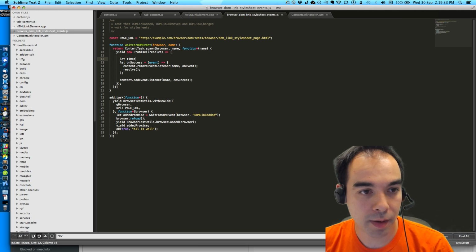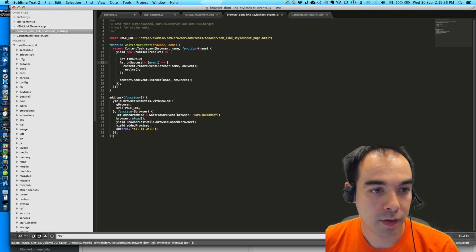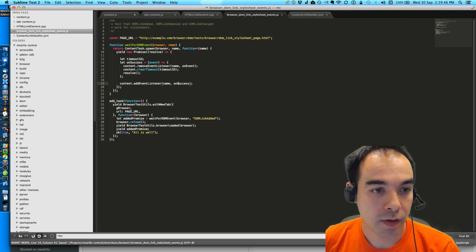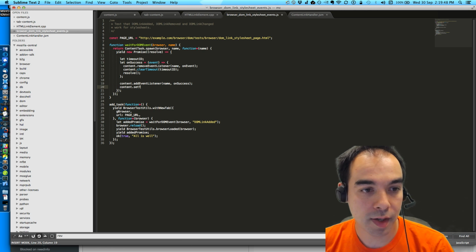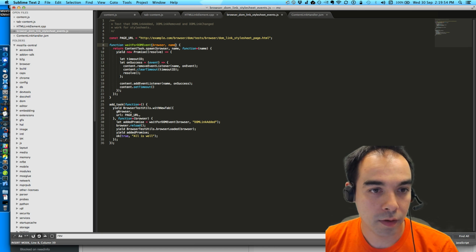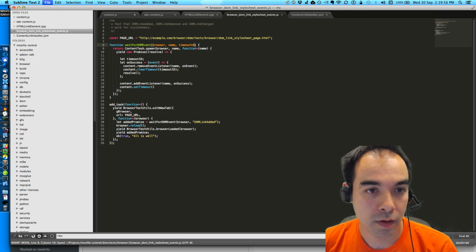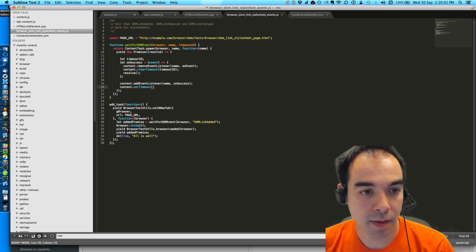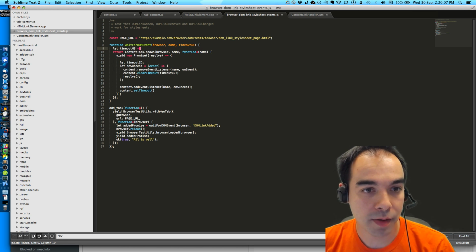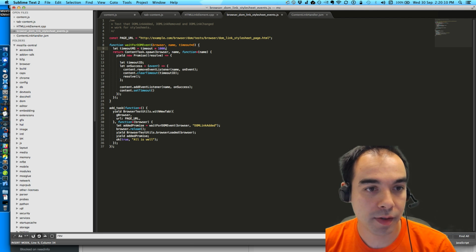And we'll also do let timeout ID, content clear timeout ID, content.set timeout. We'll default to 5 seconds timeout. Let timeout ms equals timeout times 1,000.